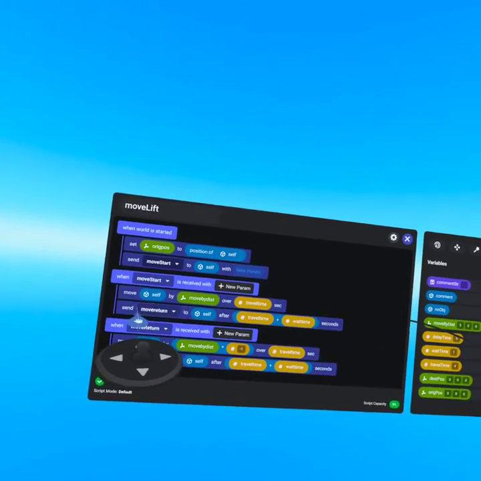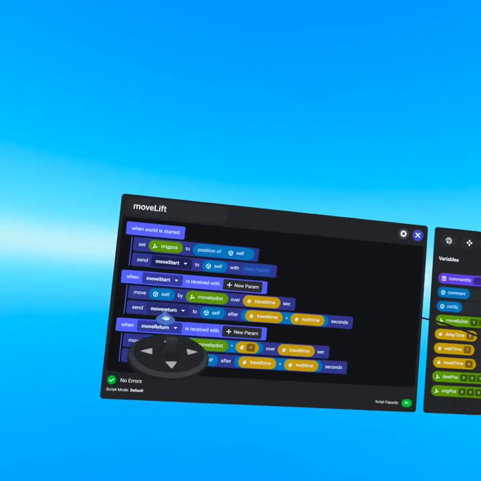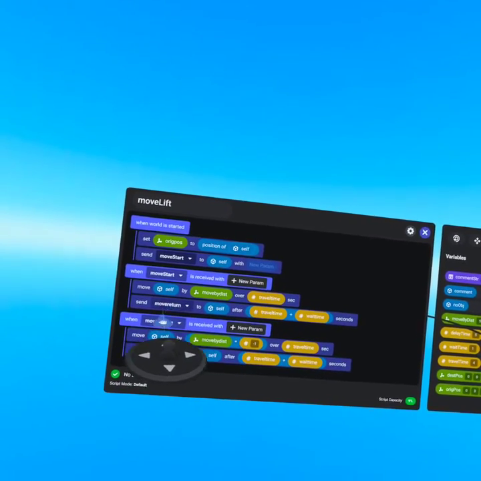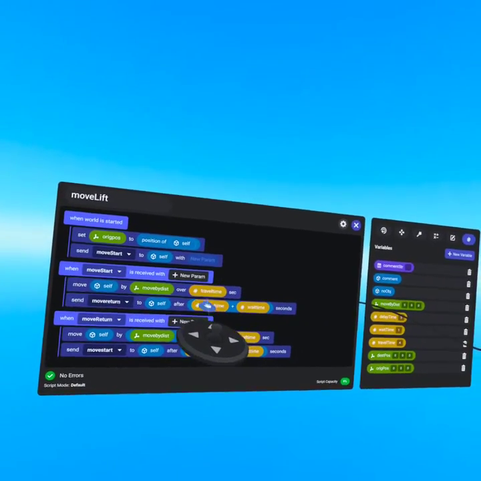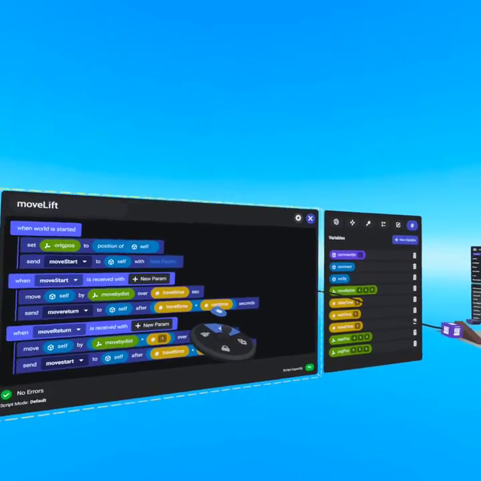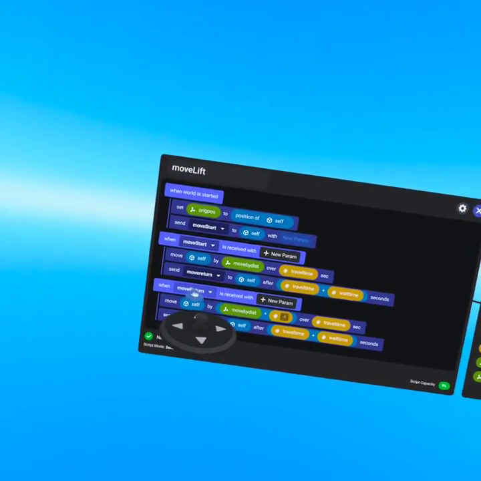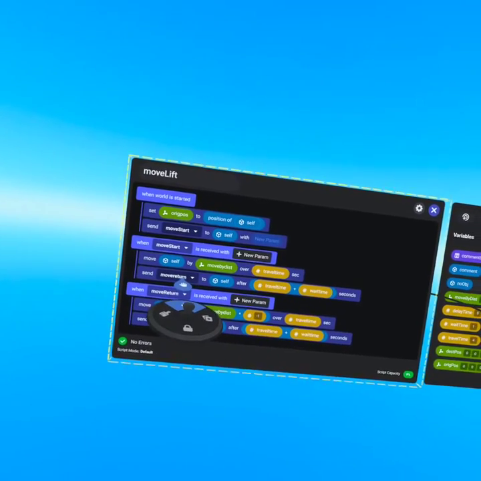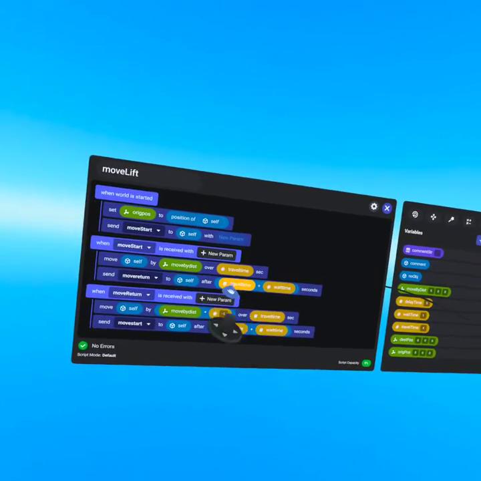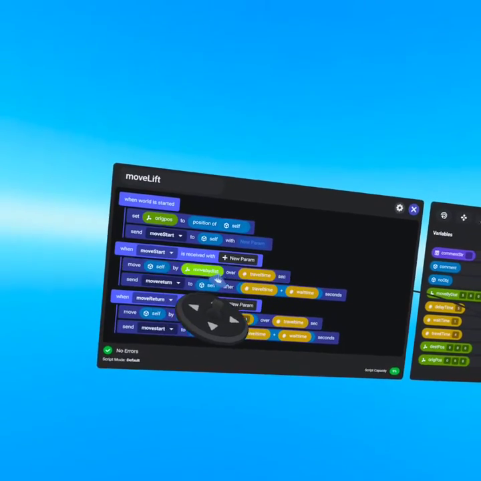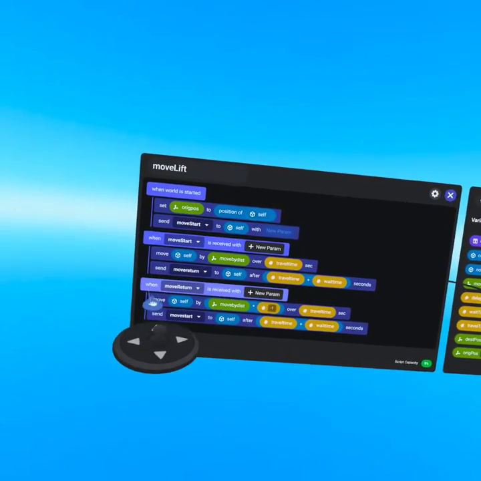So I'm going to send the command to return after I finish traveling, and then I'm going to wait a second. So when I receive this command, which would be roughly 5 seconds after move start,